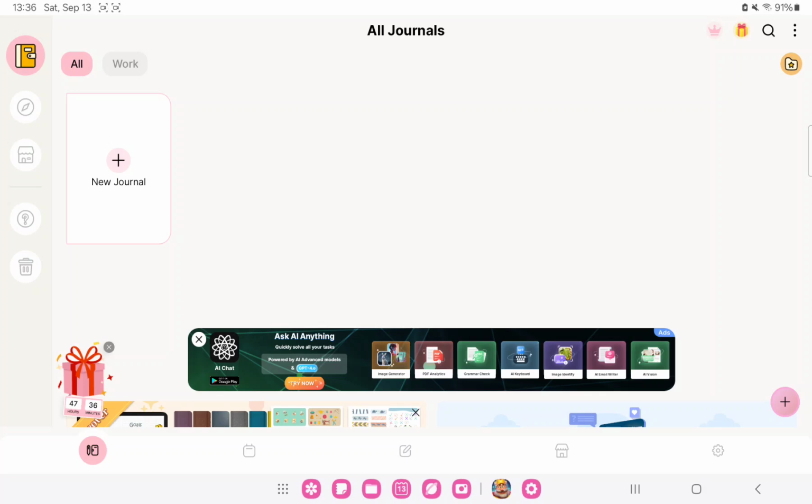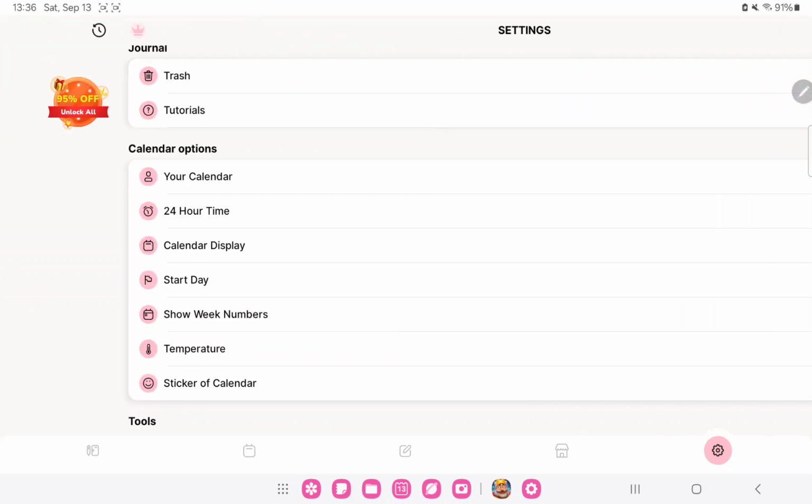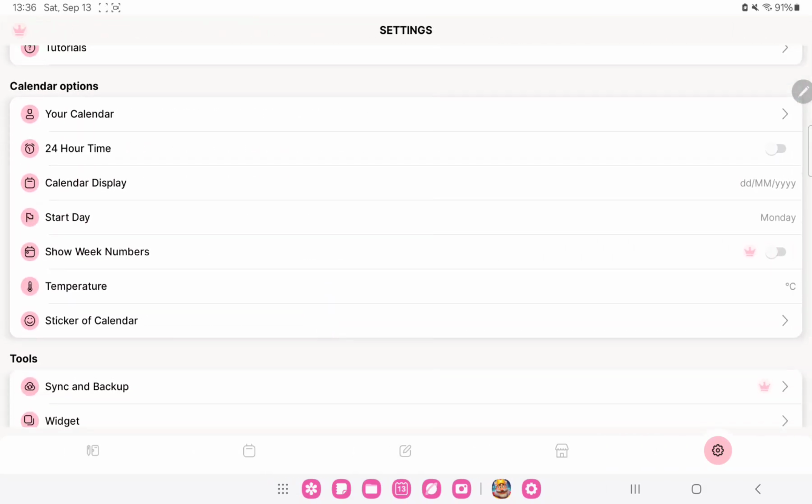First of all, open the application on your device. So that's the home screen, and you can find different buttons. Now if you want to select and find different stickers, go to the lower bar, click the settings icon at the lower right corner of the home screen, and in the calendar options you can find the last button, the sticker of calendar. Click that,